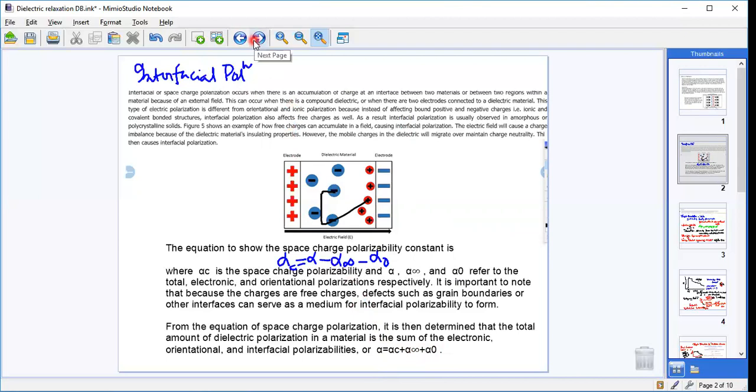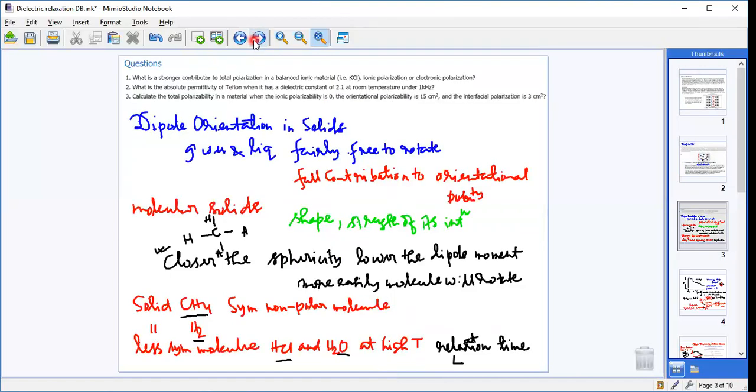So moving to the next slide regarding dipole orientations in solids, we all know that we expect molecules in gases, or rather in liquids, to be fairly free to rotate, and the permanent dipole moments may be expected to make their full orientational contributions to the polarizability. Apart from that, in molecular solids, the ability of a molecule to rotate depends very much on its shape,